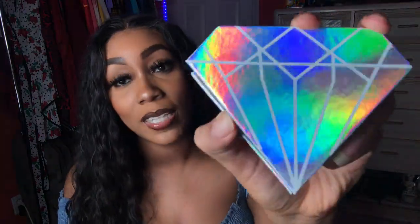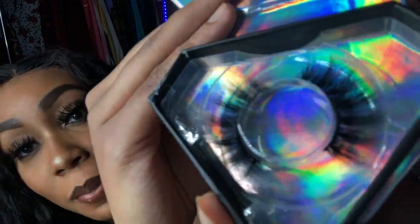But okay, the first box I'm going to show you is this holographic type of box. This is very pretty. And it comes in a diamond. Let's see if anything is in it. Oh, something is in it. So these are the lashes in this box. I picked several different types of lashes, like lengths. I wanted some thicker ones. But this is a very beautiful box. So if you're looking to start a lash company, child,